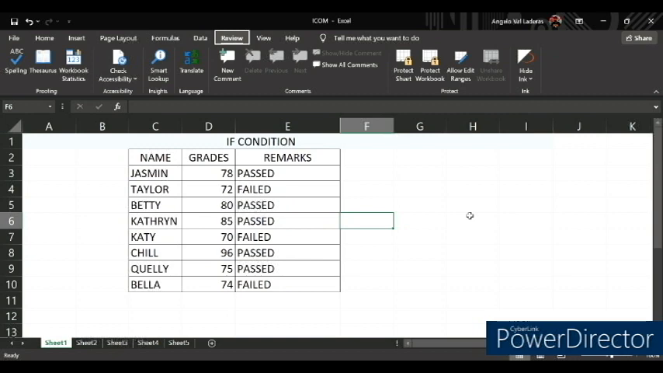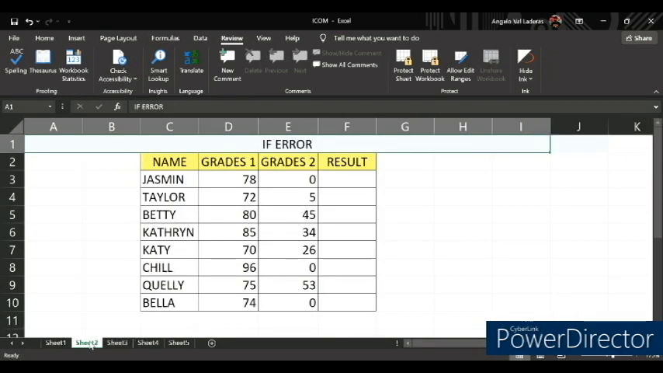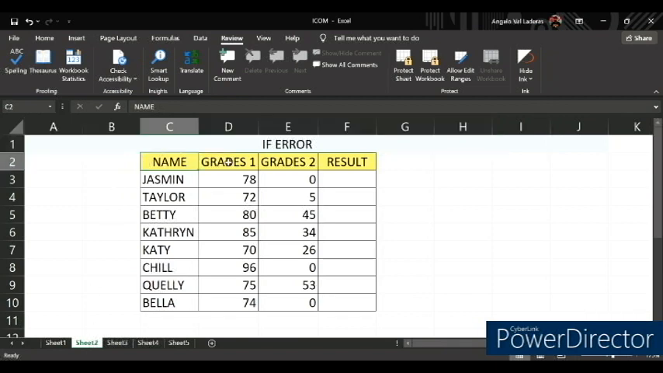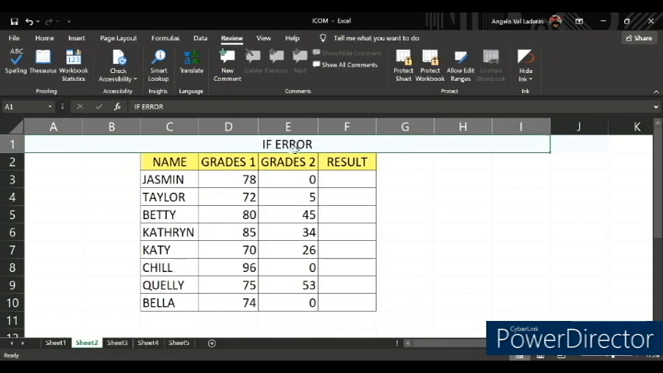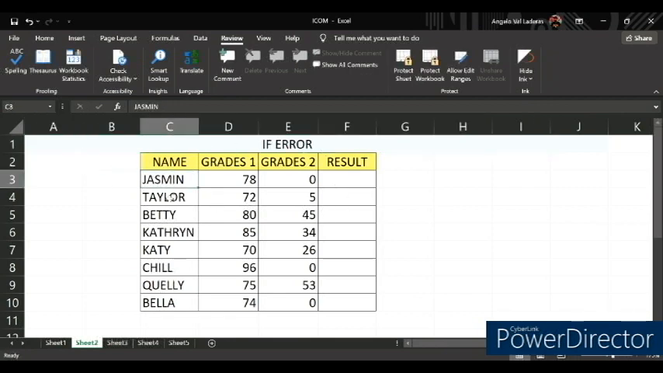The next one is IFERROR. IFERROR is a condition used to catch errors and return a more friendly result or a message when an error is detected. I have names again, grades 1 and 2, and the result. So our first step is